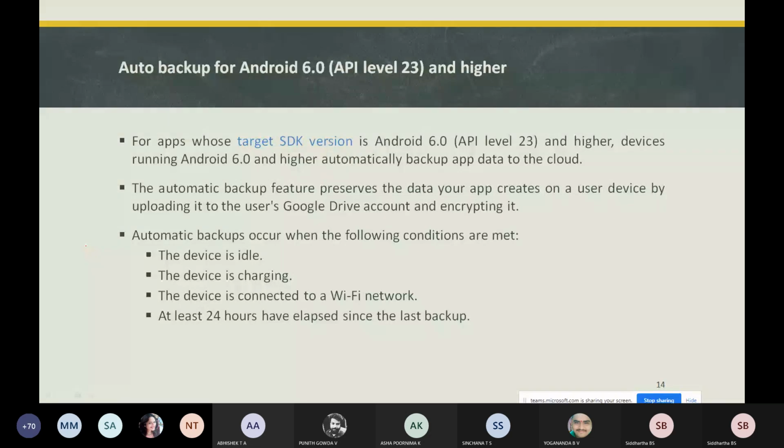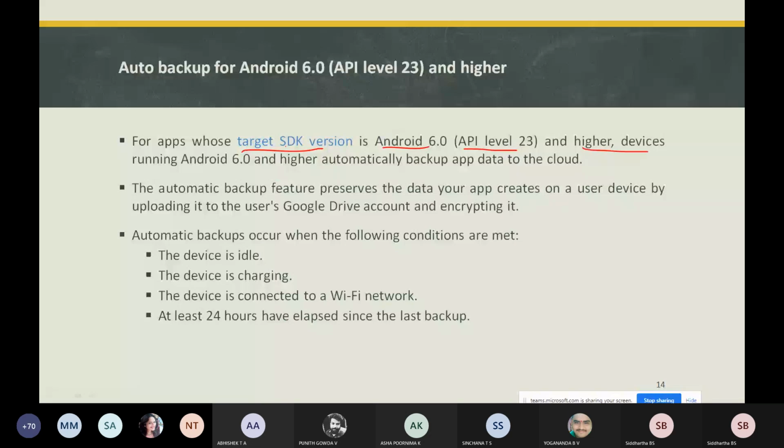Let's check auto backup for Android 6.0 and higher, that is API level 23. For apps whose target SDK version is Android 6.0, API level 23, and higher, devices running it will automatically back up data to the cloud.